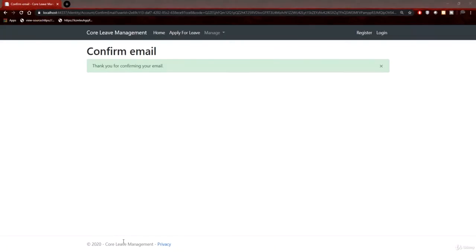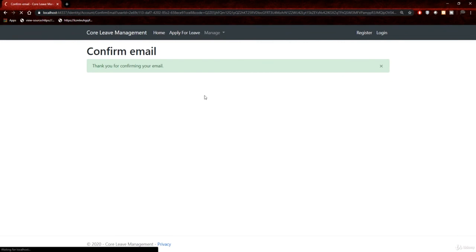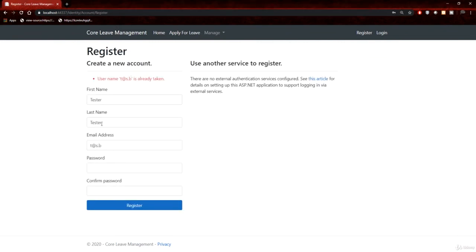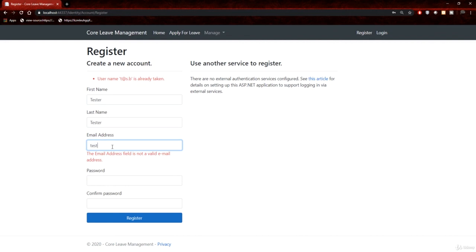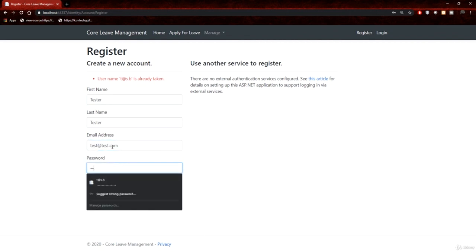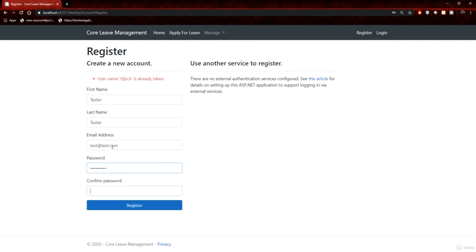So I'm going to test this out and I'm going to register again. All right, so I'm in the process of filling out this form, and I actually attempted to use the same email address and it's telling me that it's already taken. So once again, that validation is there for the username, and well, this is on username, not necessarily on the email, but I'll leave that for later. So I'll say test@test.com, and we use the same p@ssword1,